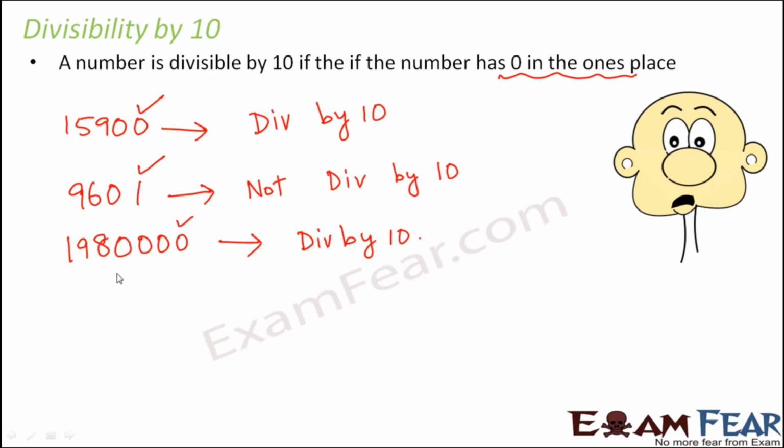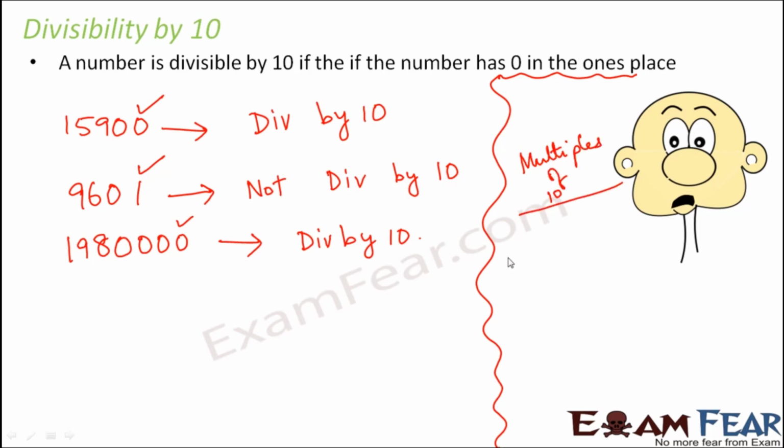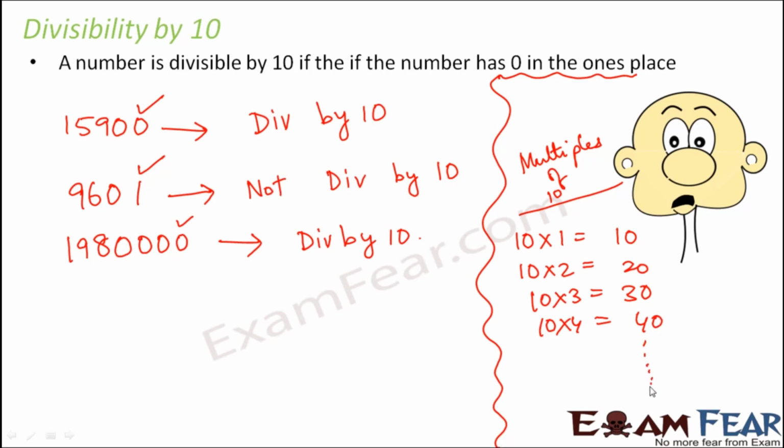If you want, by actual division, you can see that whatever I have told holds true. Now again the same question, how does it work? Why is it that if there is a 0 at the units place, that number will be divisible by 10? In order to understand this, let us quickly look at the multiples of 10. If you start writing the multiples of 10, it would be something like this. 10 ones are 10, 10 twos are 20, 10 threes are 30, 10 fours are 40, and so on. As you keep writing the multiples, everywhere you would see that there is a 0 at its units place, doesn't matter how big the number is.